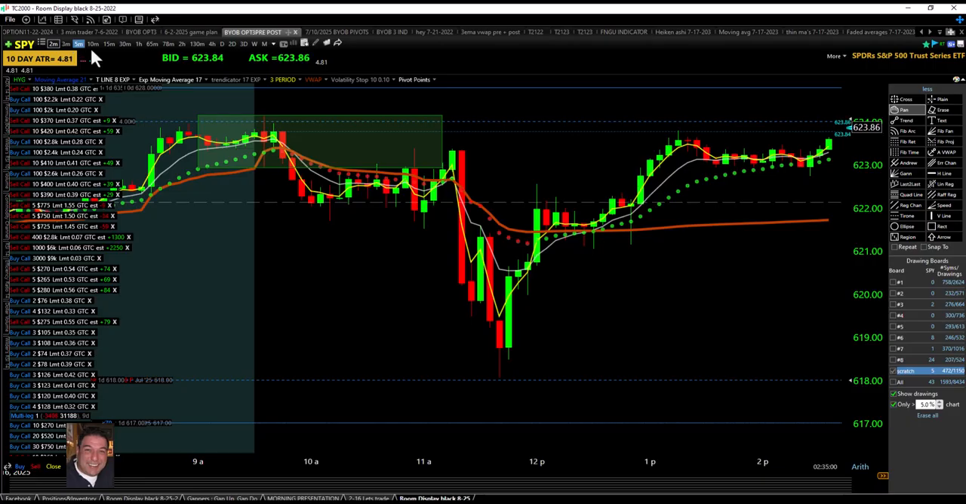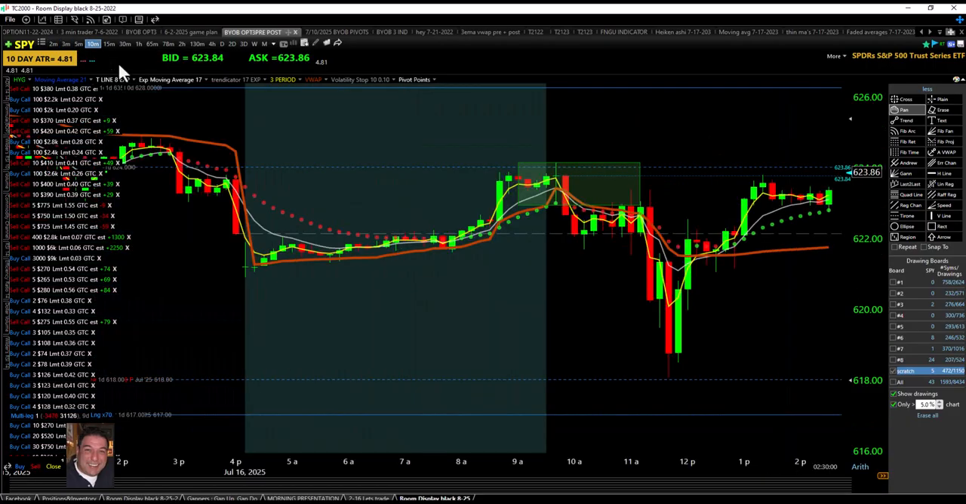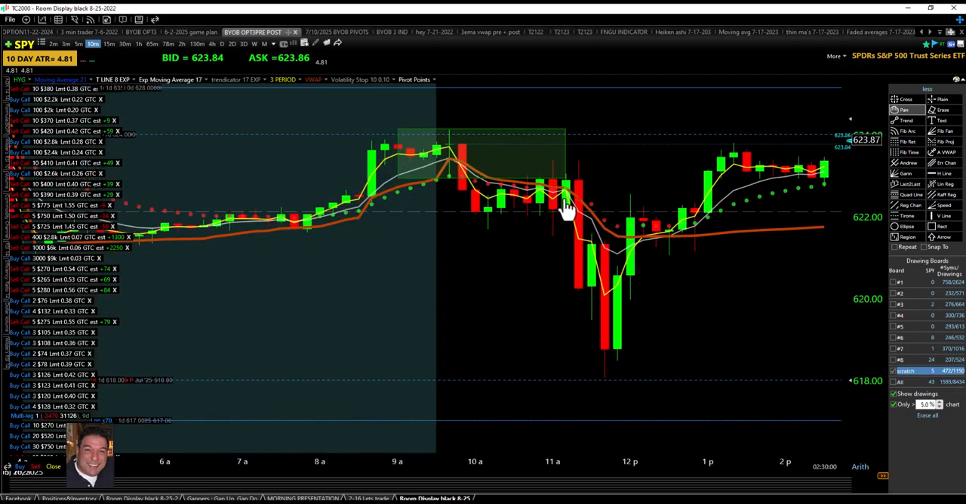Okay, so there's SPY on the 5-minute chart. I trade the 10-minute downtrend right here and the 10-minute uptrend right there. All right, so there's SPY. Again, I like 10-minute uptrend over VWAP